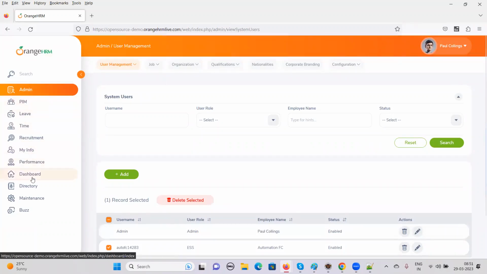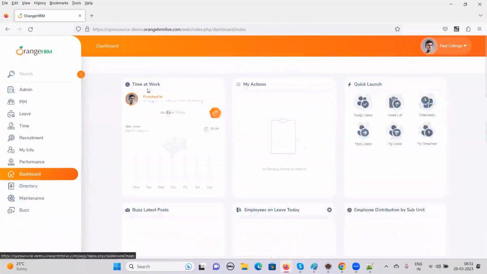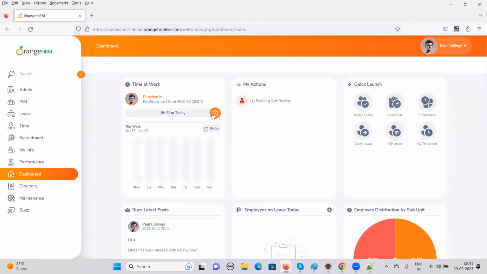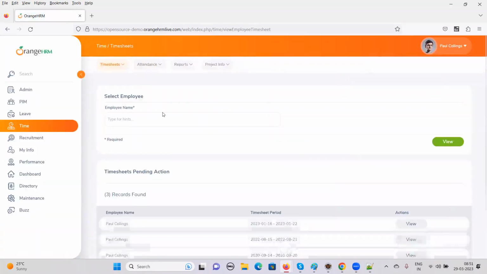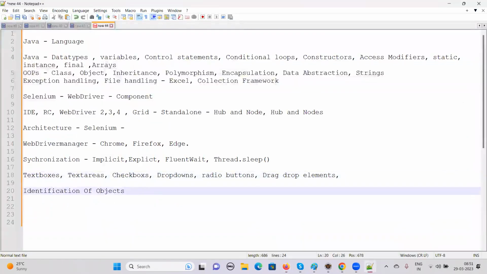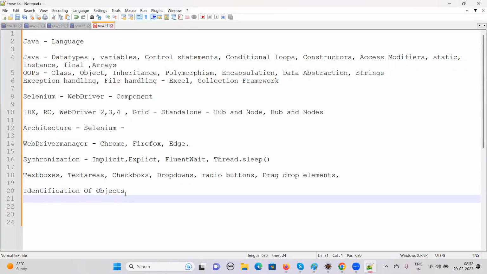And when you go to the dashboard, there are links also available. How do we handle the links? You click on this, it moves to the next page. Again, selecting the drop down and handling it. There are also text boxes. How do we enter the data? All these things will be discussed as part of the course curriculum. After this, we have object identification, which will be discussed after we